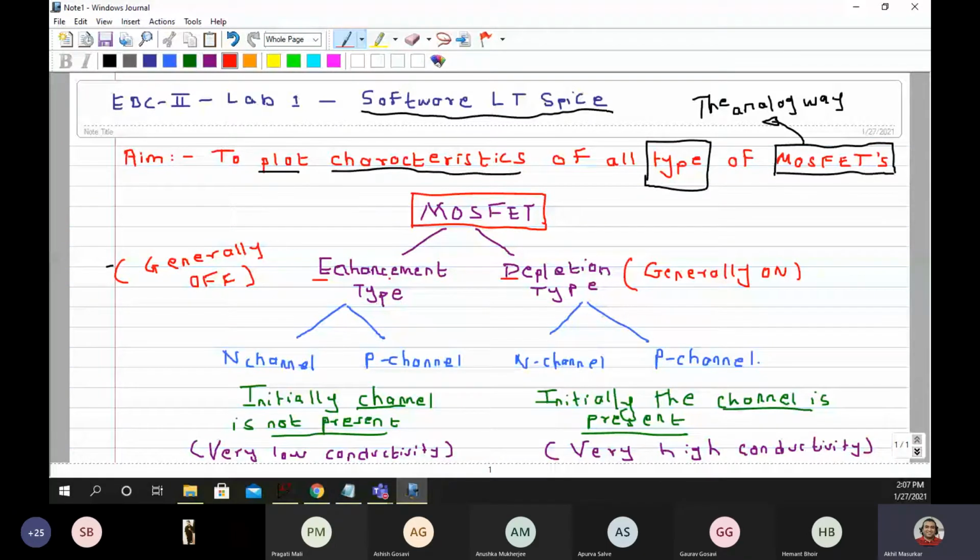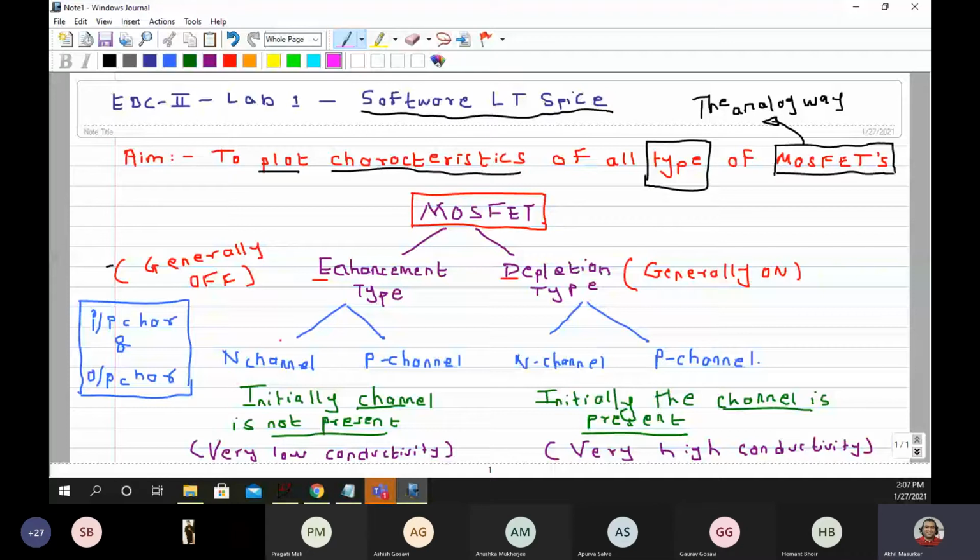Now our objective in today's lab will be to calculate input characteristics and output characteristics for each of the devices.